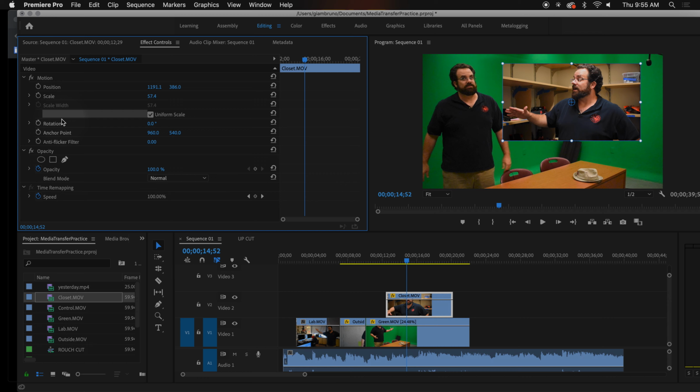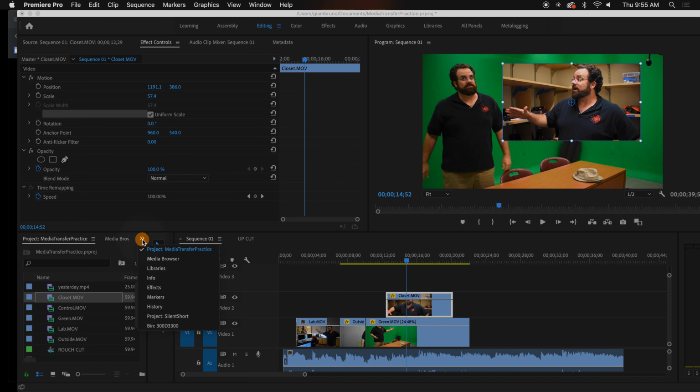But often when you want to do a picture-in-picture, you want to crop some of this junk out. You want to make it square. You want to make it different. They treat crop as a filter. And they don't use the word filter anymore. They use the word effects. So if I go to this